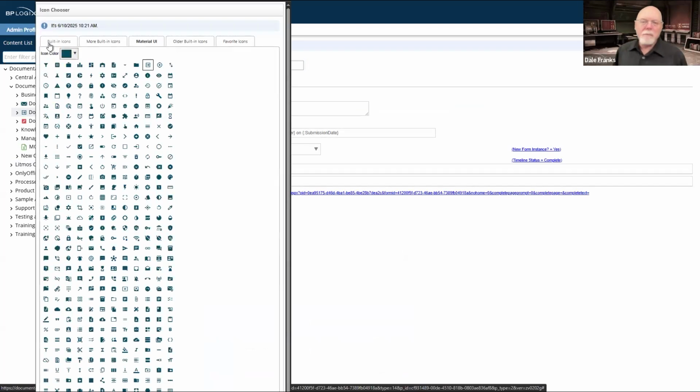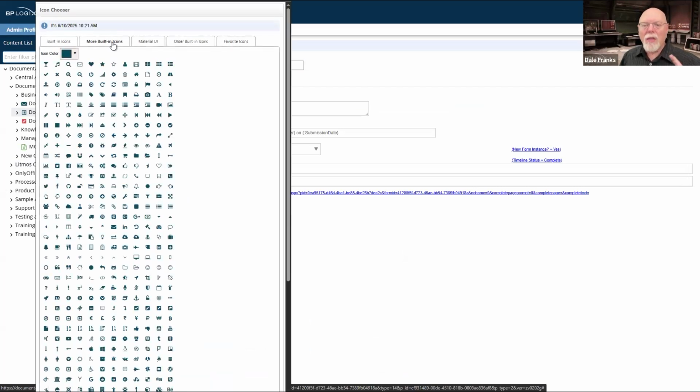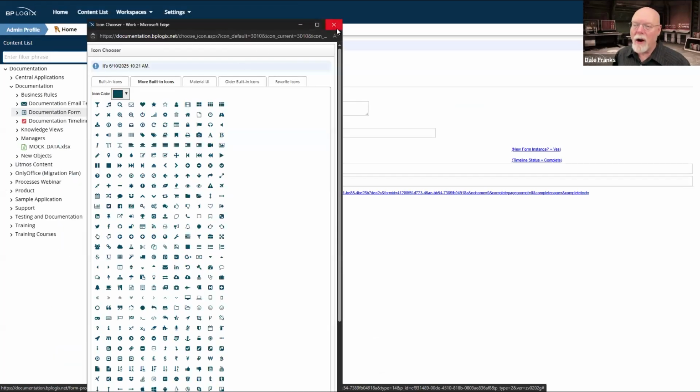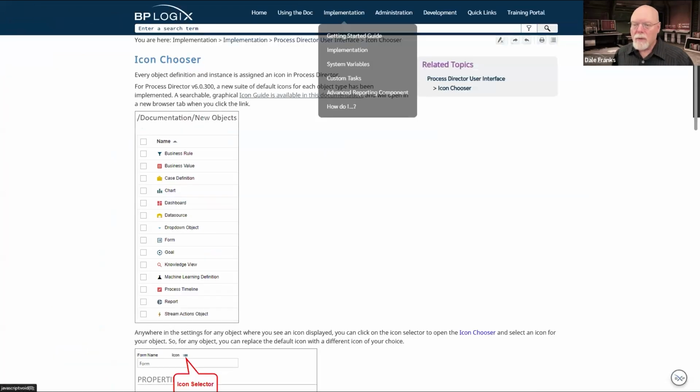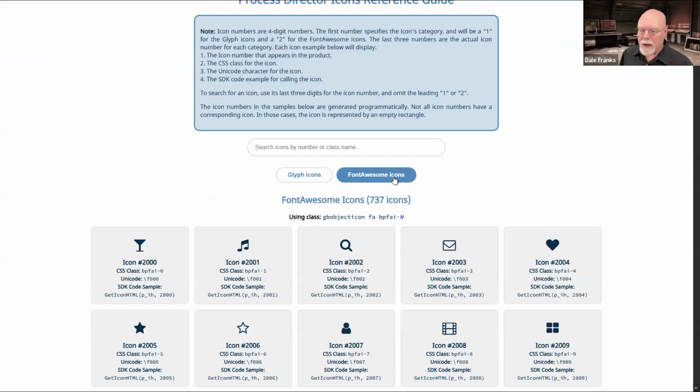In built-in icons, these are the glyph icons, and the more built-in icons are the Font Awesome icons. Maybe we should just name them glyph icons and Font Awesome icons, but know that that's what they are. And that's what we're looking at when we're looking in the icon chooser.